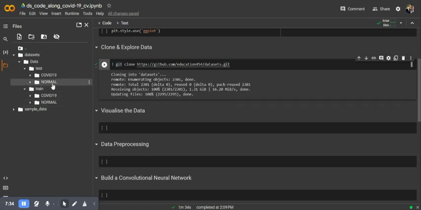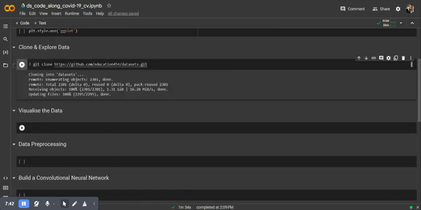So we've got the normal images without COVID, and then we've got the COVID positive ones as well. And the same goes for the train. Okay, so let's hide that again. So what we need to do now is